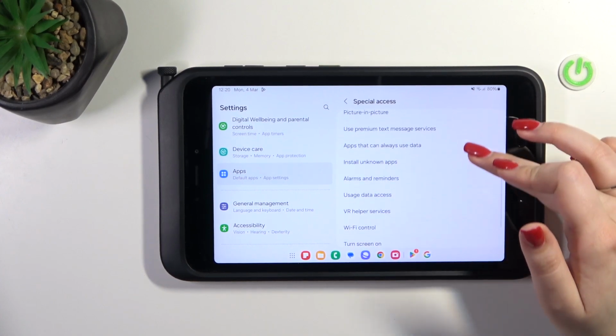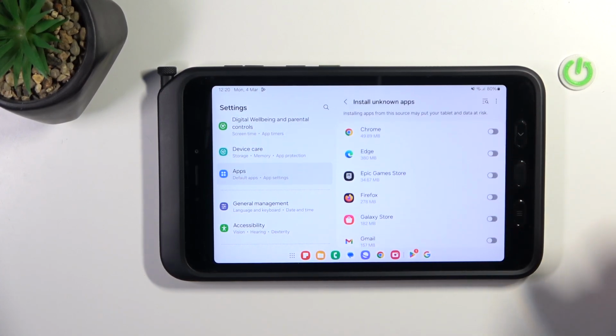Right here we have to locate the option Install Unknown Apps. And as you can see there, we've got the list of apps which are allowed or not allowed, just like in my case, to install some content. And of course we can change it, just tap on the switcher, and from now on the Chrome is allowed